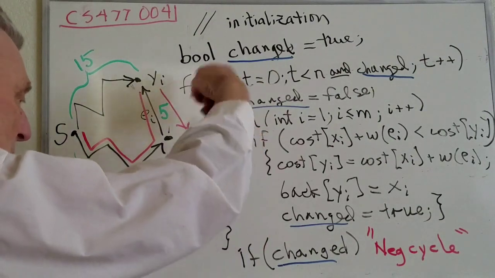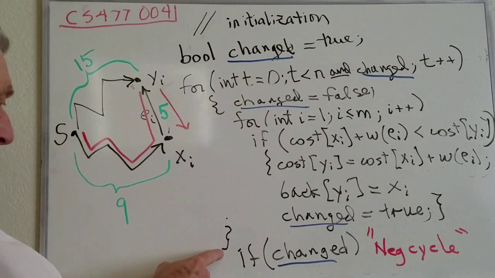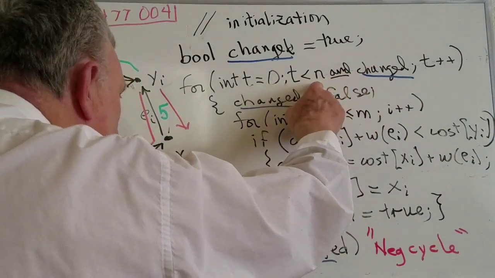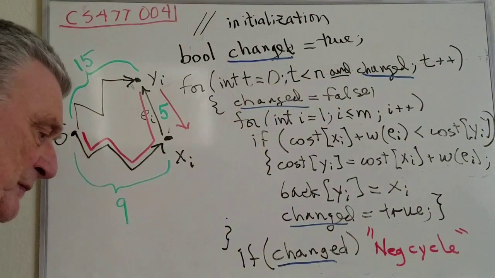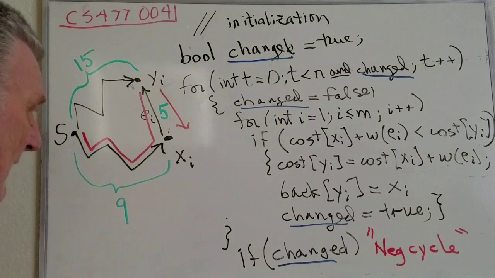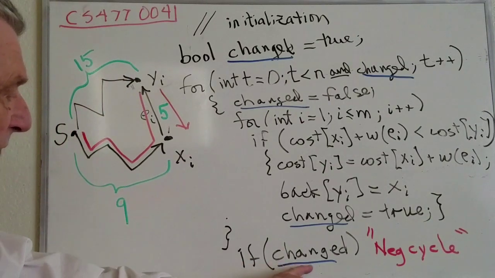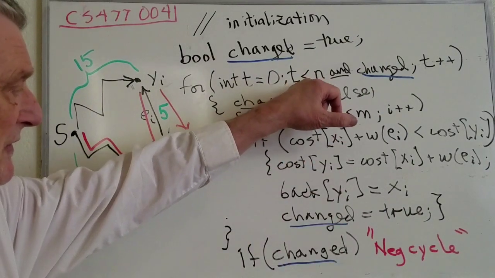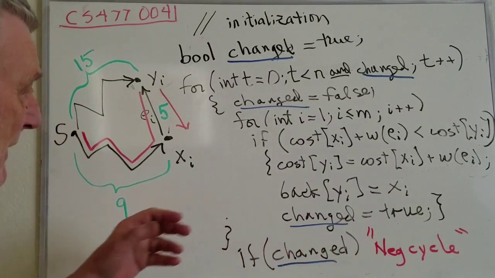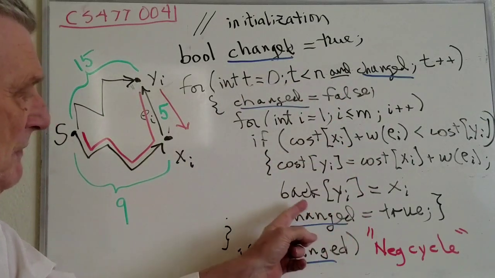Now we iterate this over and over again until, this is the end of the inner loop, until changed is no longer true or we reach n. Now, if we reach n and changed is still true, that's impossible if there is no negative cycle. So therefore, if changed is still true when we exit, we know that there is a negative cycle in the graph. Otherwise, the values of cost, the array cost and the array back will be